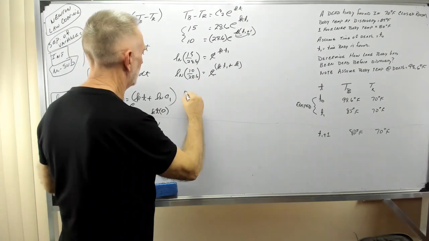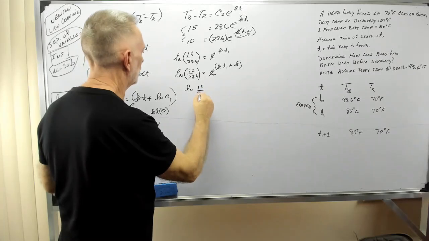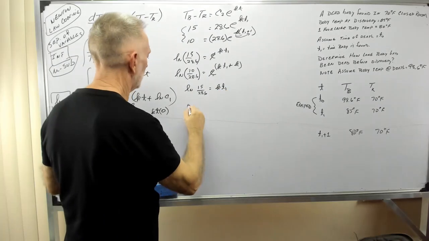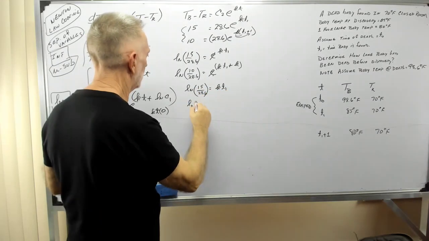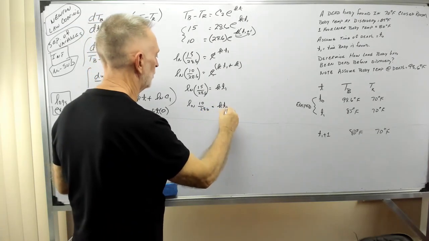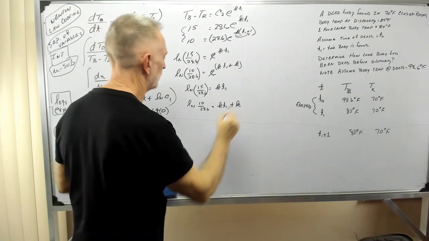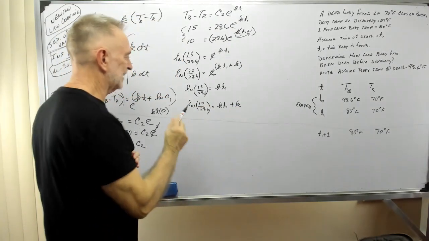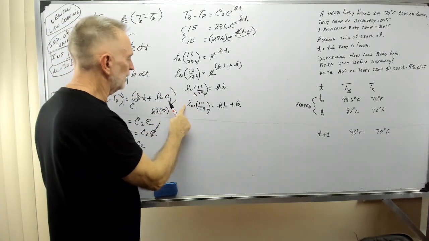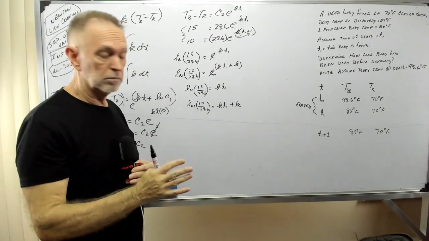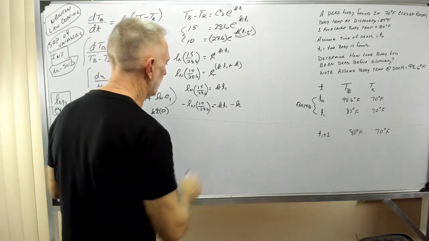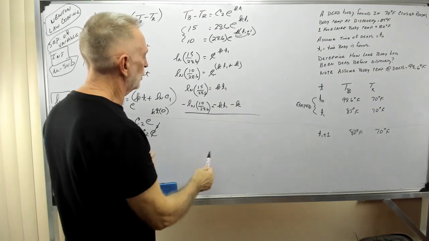Now then, I have the natural log of 15 over 28.6 equals kt1. The natural log of 10 over 28.6 equals kt1 plus k. Remember, we're trying to solve for k. I have two equations. If I were to multiply this equation by -1, I would have a negative here, a negative there. This plus would become a negative. Now, if I were to add those two equations together,